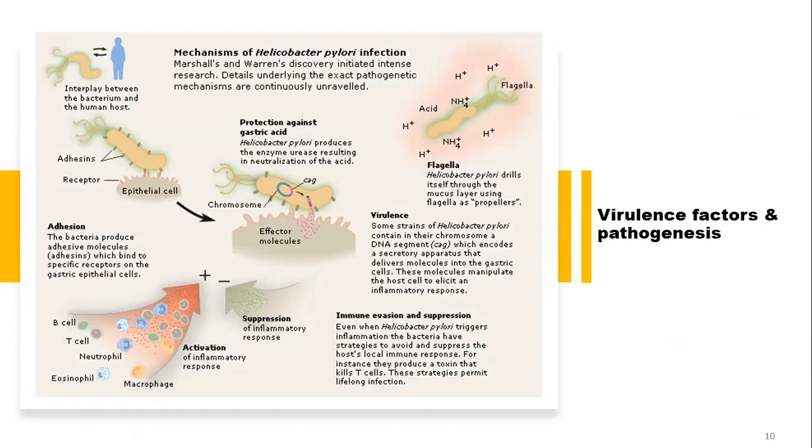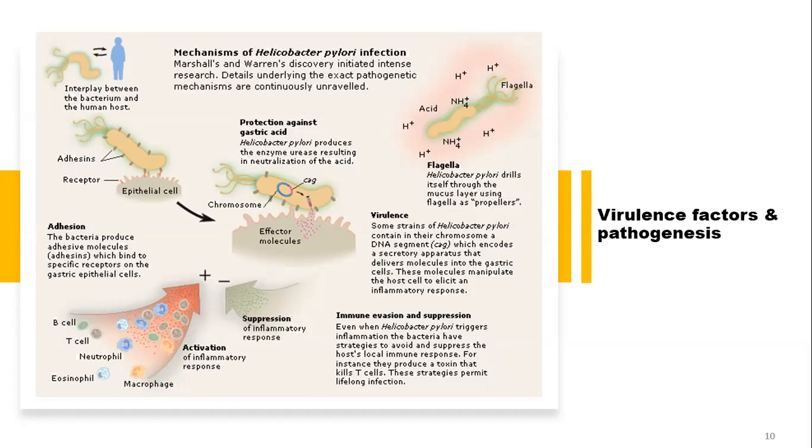Ammonium hydroxide is an alkaline agent. So this organism effectively neutralizes the acidic nature of the gastrum. So it attaches, it starts the colonization process, then it starts to neutralize the acidic nature